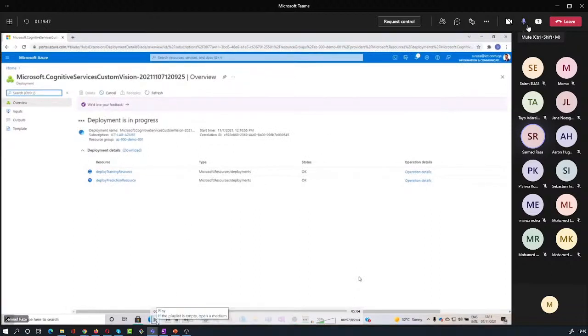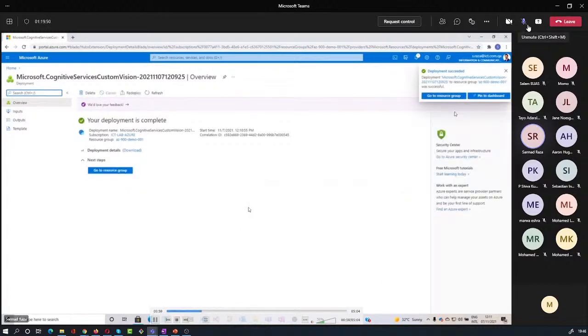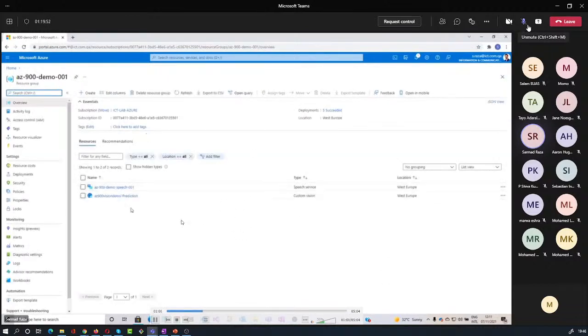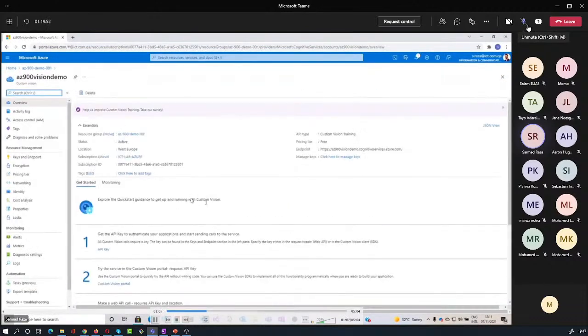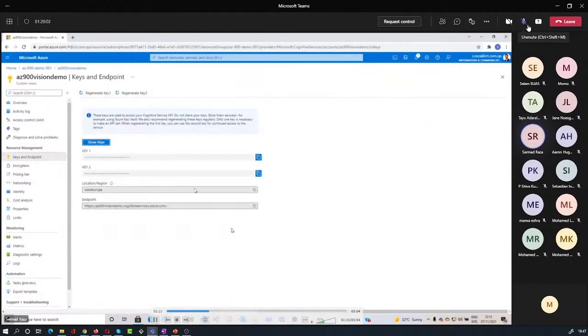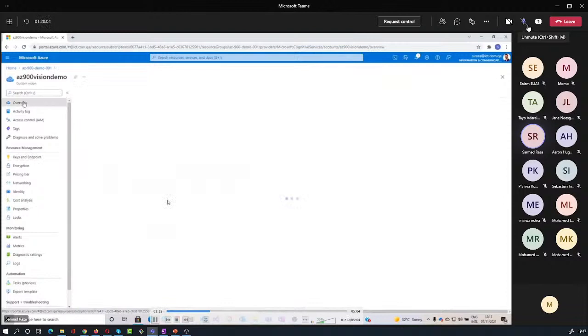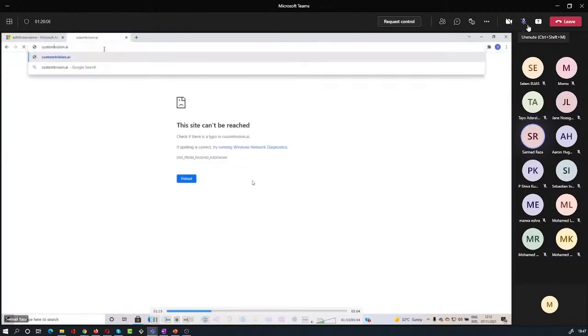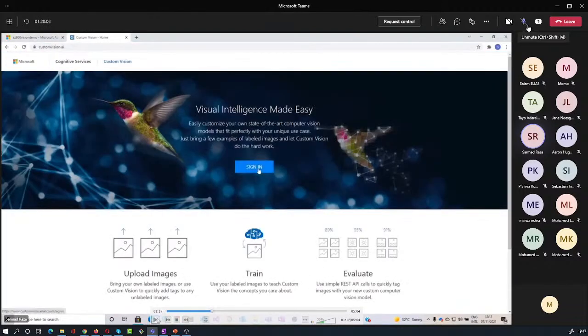Okay, so after doing that, now we have our services ready. We have 2 APIs, one for prediction and one for training. So this is the management plane, and you can see we have keys and endpoints just like the speech service. But the thing is, this is custom vision. So we have to train a model and then publish it on